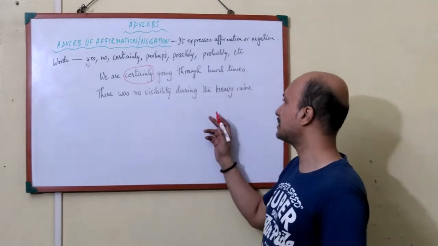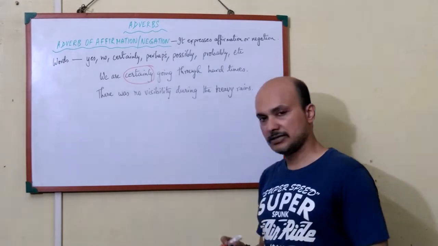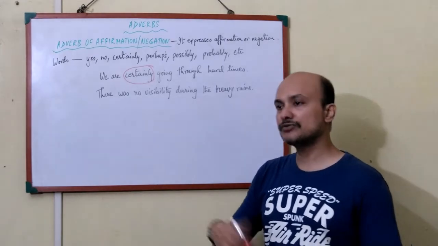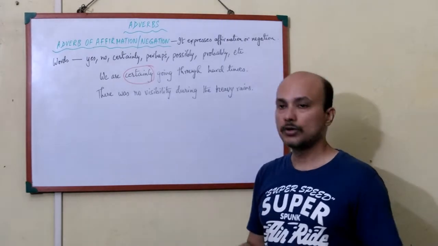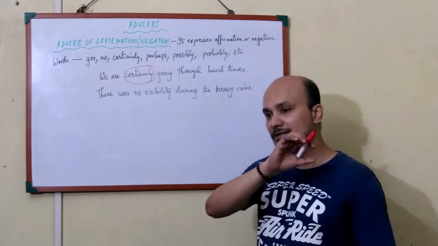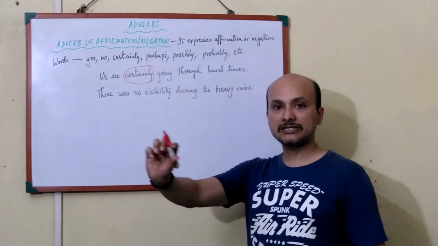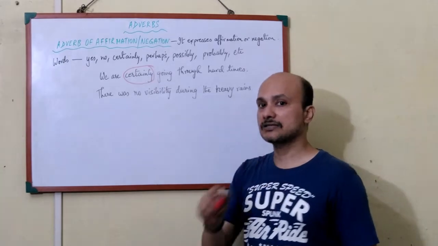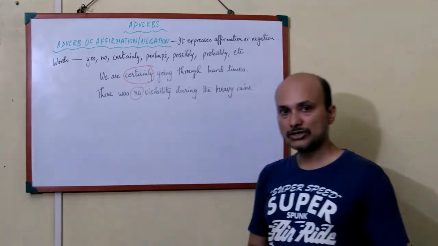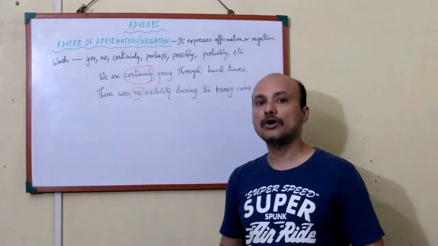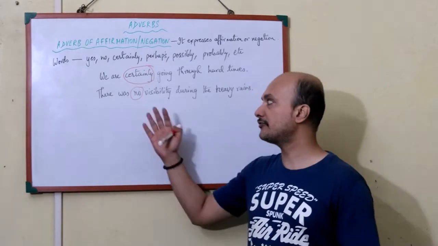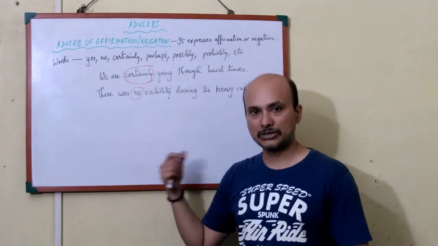Now the next one. There was no visibility during the heavy rains. Now if I ask the question, was there any visibility? You will say yes or you will say no. In this case you will say no. No visibility. No visibility during the heavy rains. So during the action of heavy rains, was there any visibility? Answer is no. So this is the negative aspect, negation. So these are words which express the positive or the negative, that is the affirmation or the negation part of these sentences, or particularly these